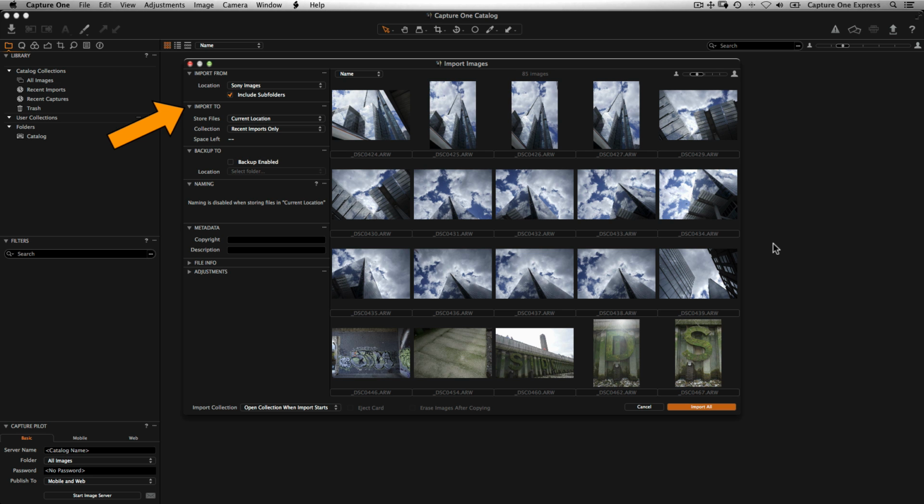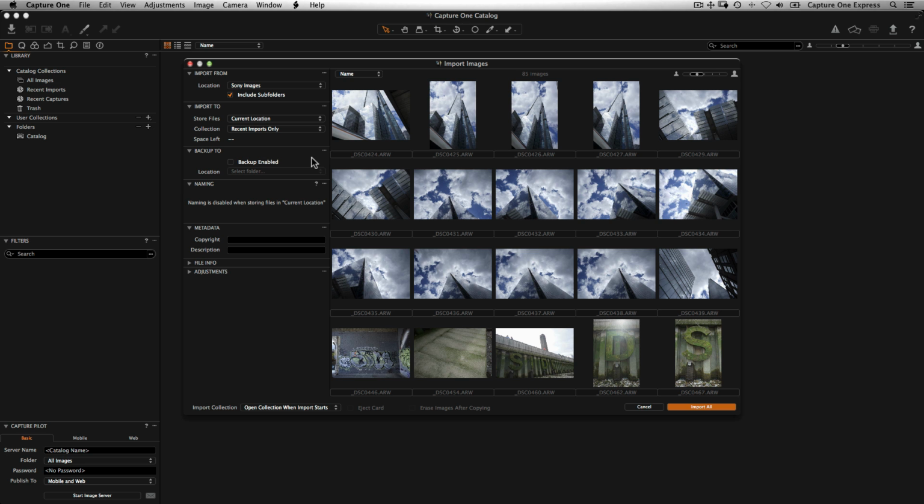Under Import To, decide where to store the imported images. There are three choices here. Current location. The images will be left at their current location and referenced there. Inside catalogue. Images will be managed by Capture One and copied inside the Capture One catalogue. This will create an all-in-one catalogue. However, the size of the catalogue will be limited to the size of available hard drive space at its stored location. The final option, Choose Folder, is most suited when importing from memory card, as it is extremely unlikely we will reference images in a catalogue to a memory card. Therefore, a suitable location can be chosen.